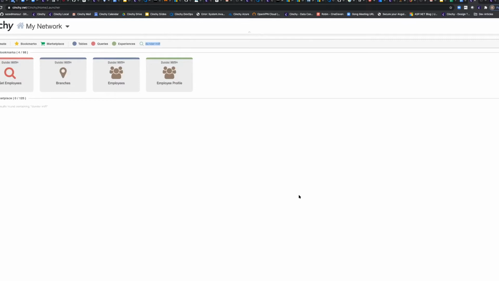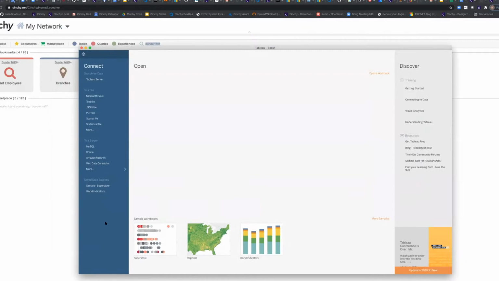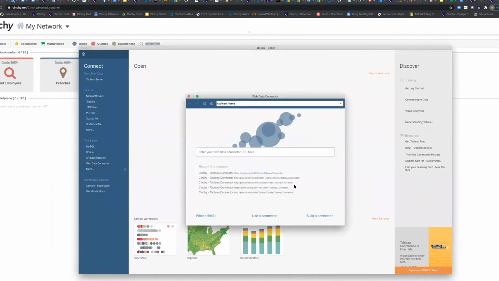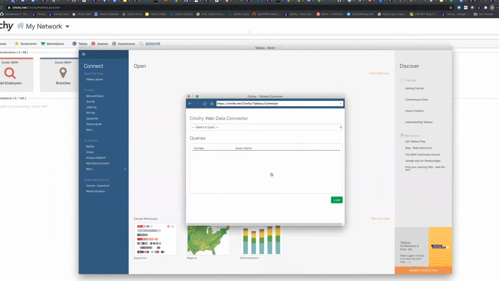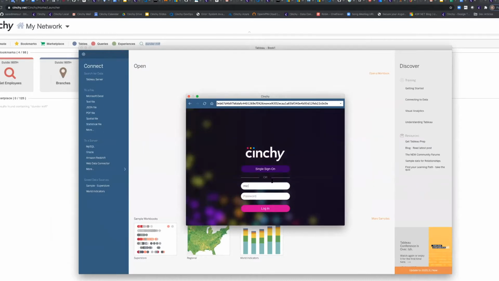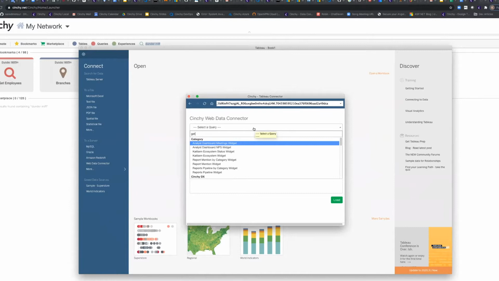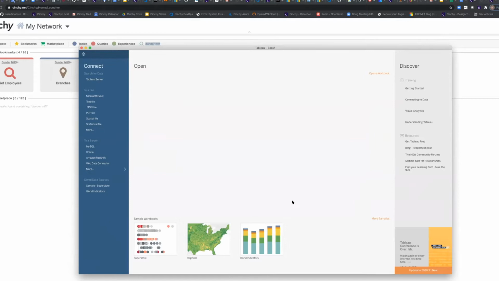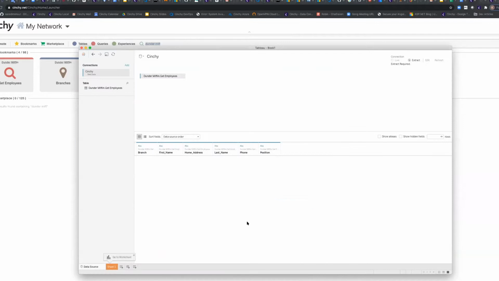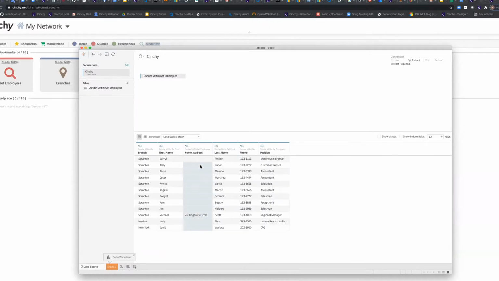That's all within the platform, and you can take it a step further and even now access from outside of the platform. So let's say that I'm coming in through Tableau. So Cinchy natively has a web data connector for Tableau. So here I'm going to go ahead and connect to this instance of Cinchy. And I'm going to go under the Dunder Mifflin domain. So let me pull this data set down and update that. Notice how it is also respecting those access controls,